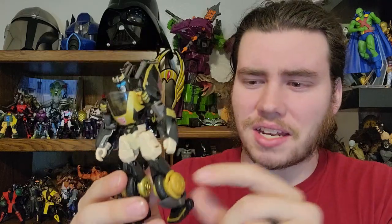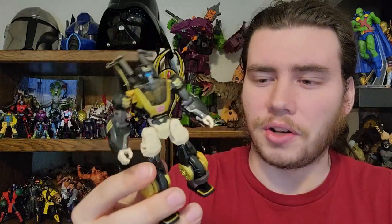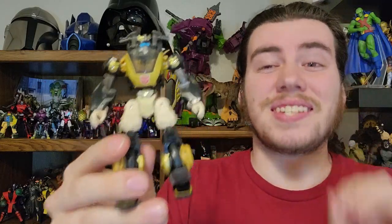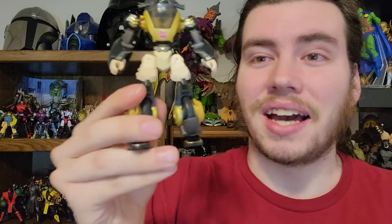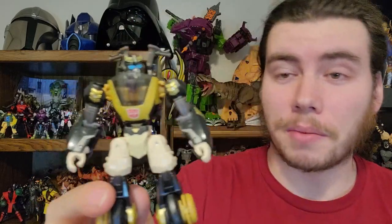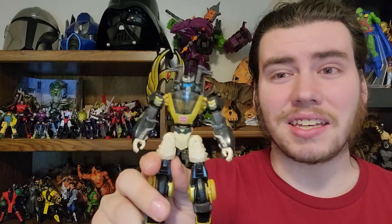He puts out a fantastic robot mode with really great articulation. He puts out a pretty solid vehicle mode, a really nice looking bike, and his only real downside is just these should have gone through another design phase and redone how they sort of fold out. That's really my biggest issue with this guy. Otherwise, he is a solid like 9 out of 10. I freaking love this guy. If you are an animated fan, you are definitely going to want to make sure you pick this guy up. And even if you're not an animated fan, I think he's a pretty decent